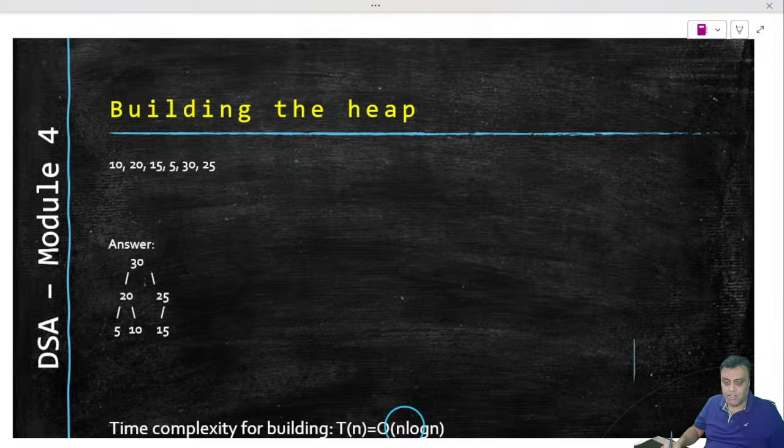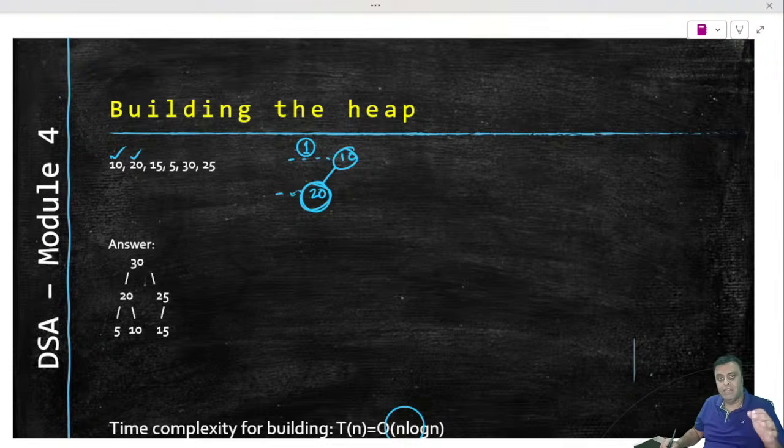So if I take 10, I will put 10 first here. So 10 is gone. Next I will put 20. So I will place 20 here, and then I will see if this is a heap or not. Because my first aim is to make it a complete binary tree. Complete binary tree means moving on to the next level, because the first level is already consumed with one node. So I'll move on to the next level, which will have 2 nodes. I'm free to put 20 here because this is an empty layer, and I have to put it from left to right. I cannot put 20 on the right of 10. I have to put it to the left of 10. So I'm actually following the rules of a complete binary tree.